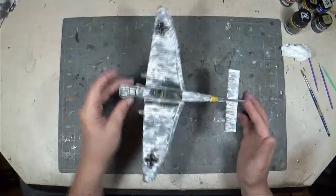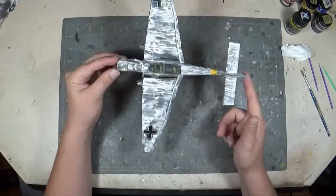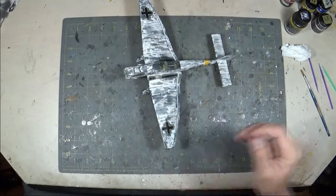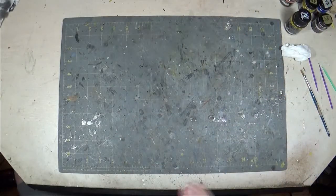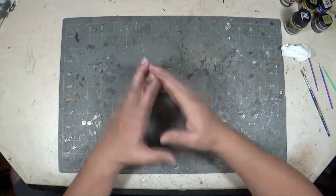It definitely looks the part of a weathered, aged, Eastern Front looking Stuka. So I'm very, very happy with the way it turned out. So that is the progress on the 4 kits. Hopefully by next month, these will be, if not completed, then at the very, very end of their build cycle,